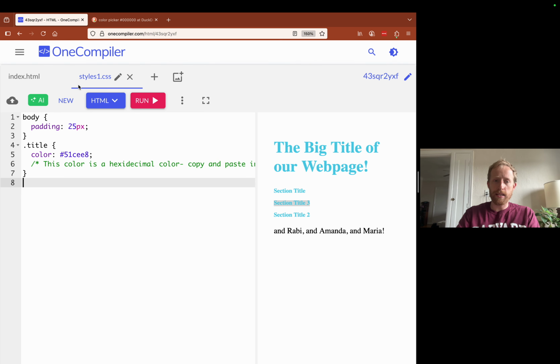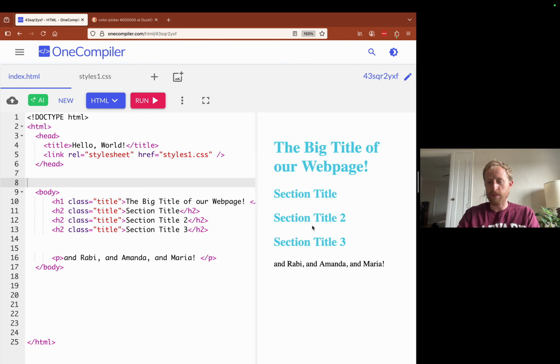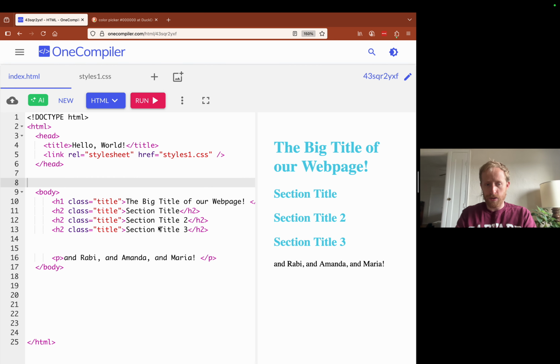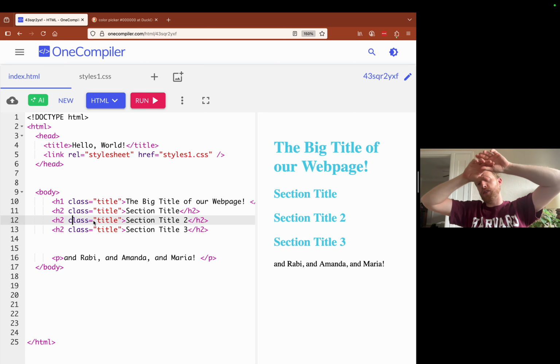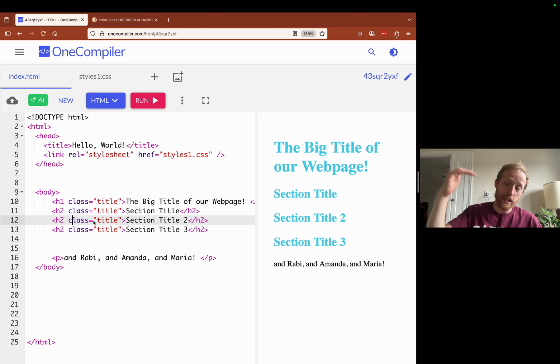Let me get rid of this and make these render a little bigger. Okay. The next thing I want to show you. So we've now seen two element types. We've seen an H1 and H2. They continue all the way down to H6. So you can have a website that has subheaders. Each of those headers can have subheaders. H6 is pretty rare, but you can get down to H6.